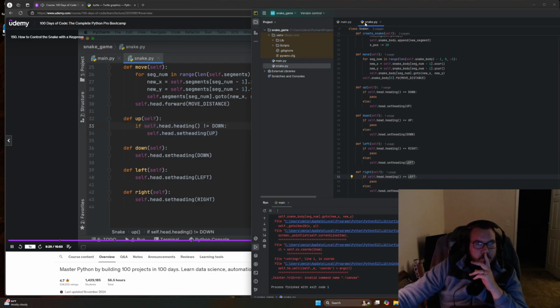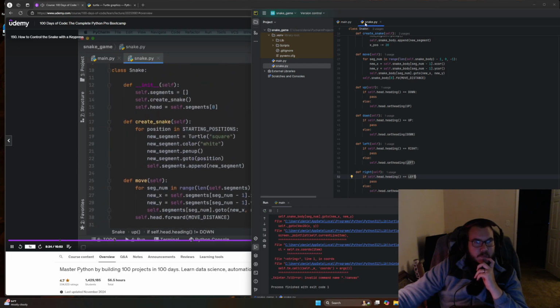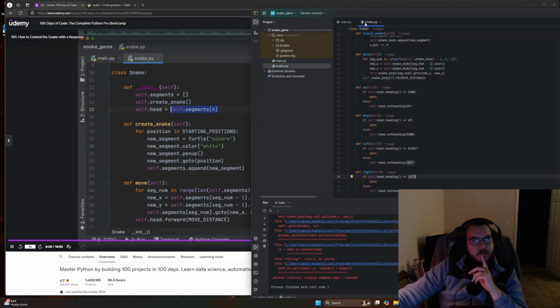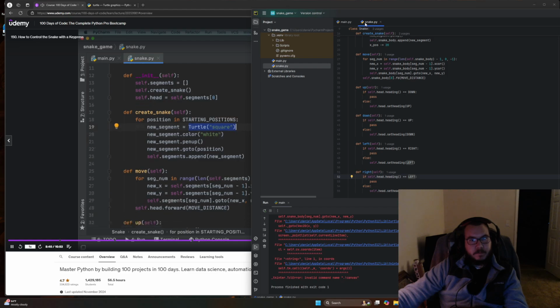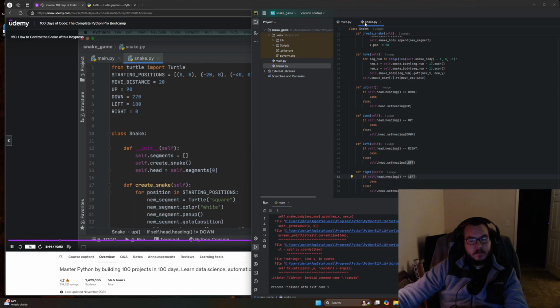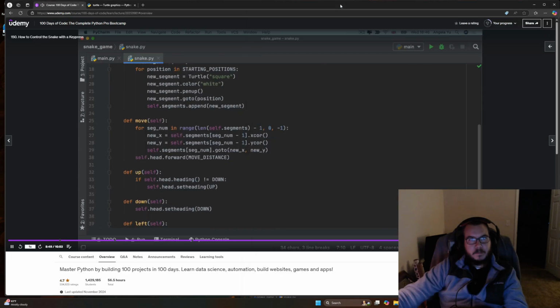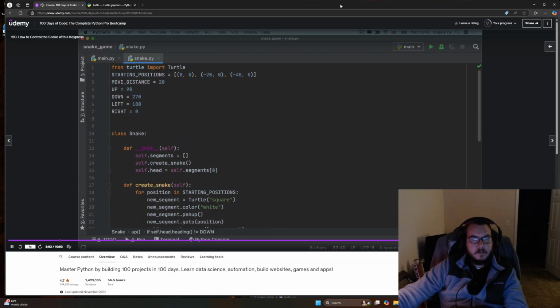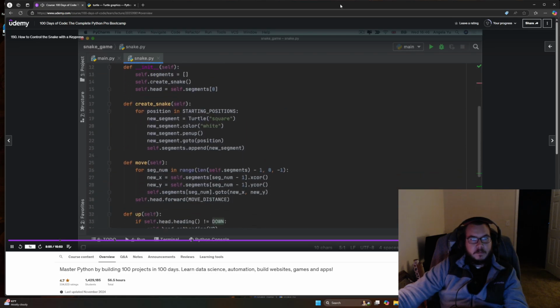Be careful here because it's not just self.head.heading, it's actually heading as a method. Remember that the head of the snake is the first segment of our list of segments, and each segment is an individual turtle. The turtle has a heading method which will give you a direction in terms of these 360-degree numbers, and then we can use that to check to see if it's equal to down, and if it is, then it's not